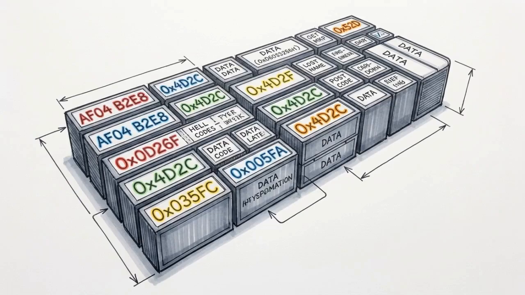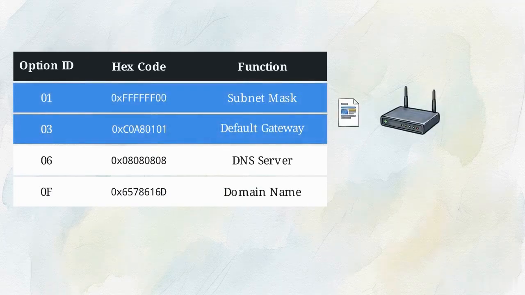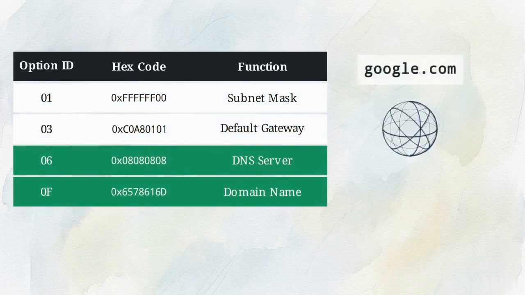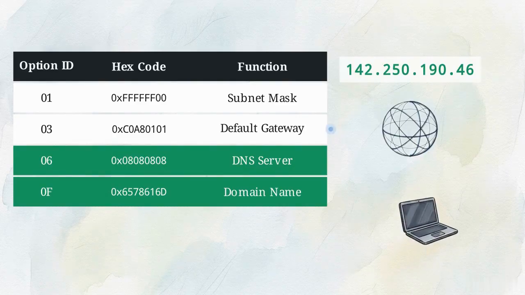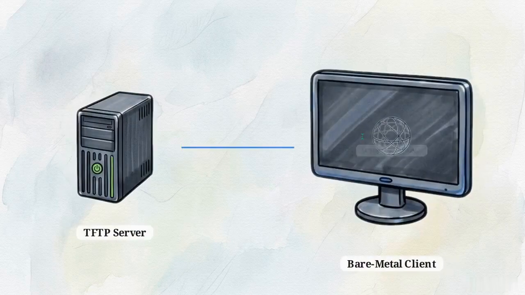We must shift our focus from the mechanics of the state machine back to the actual payload delivered during the initial DORA handshakes. This data table illustrates DHCP options used to inject routing rules directly into a client's operating system. Options 1 and 3 deliver the subnet mask and default gateway. Options 6 and 15 provide the DNS and domain name, resolving external web traffic. Advanced configurations utilize options 66 and 67 for pre-boot execution environments, instructing bare metal clients on how to locate TFTP servers and download operating system images.